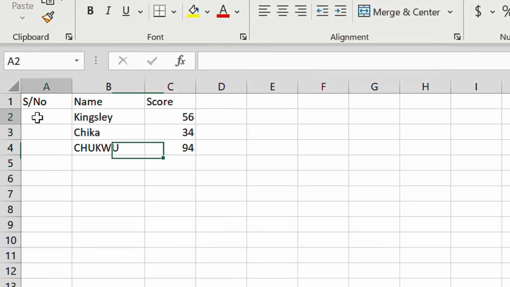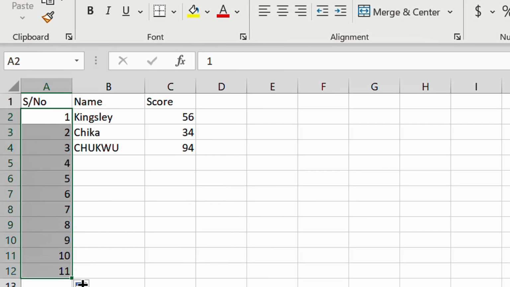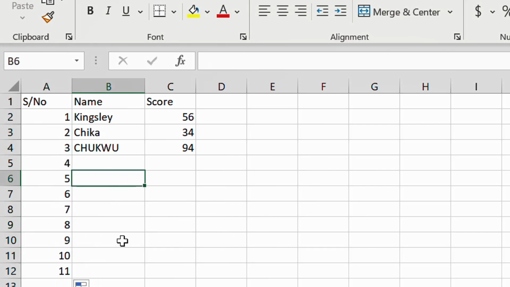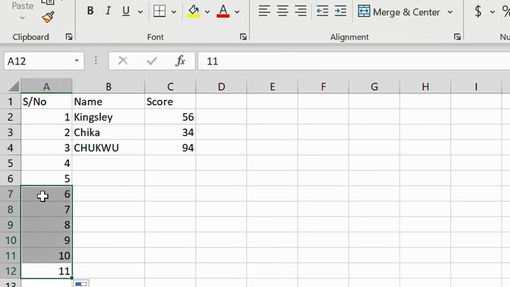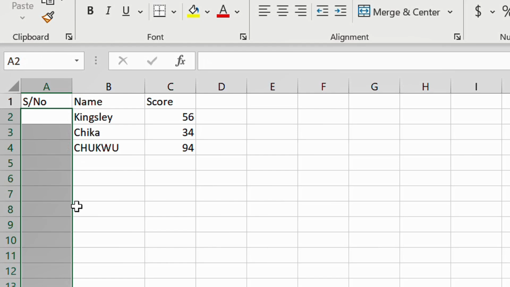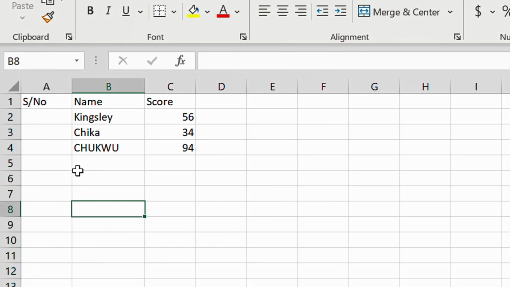And then you see here, you need to start making 1, 2, or you click on 1, 2 and start dragging it down like this. So now let's say you stop here, and then you realize, oh, they are just 4. So that means you need to come here and clean that. So this is just a long process of getting that. So to have an automatic serial numbering,